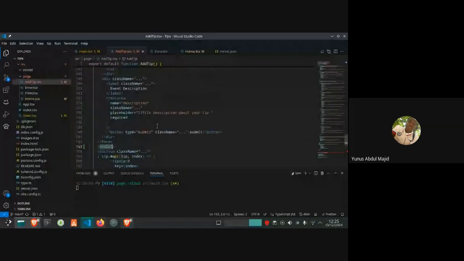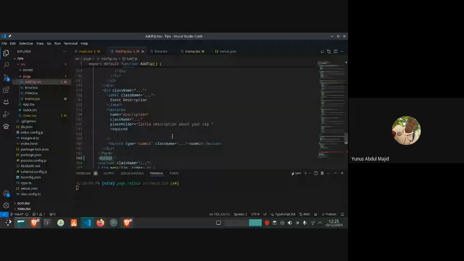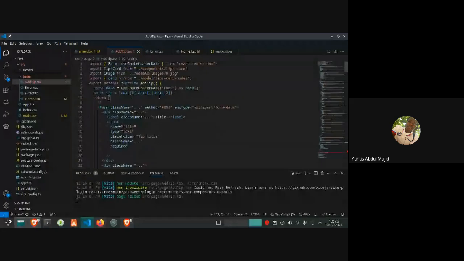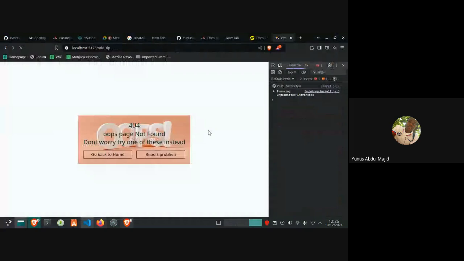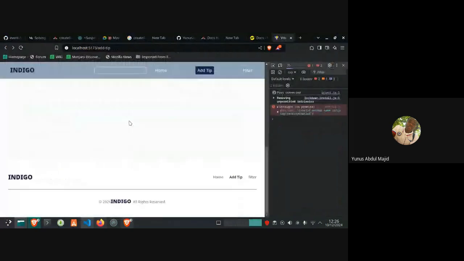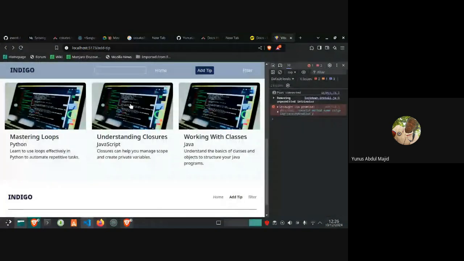And delete this one, Control Z. So everything will be imported while also removed. You can see I make use of the useRouteLoaderData here also, which is being used. You can see the route is not available again. That's why it's showing the error message.